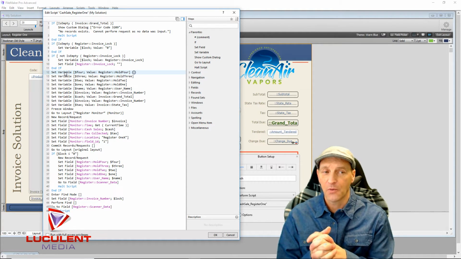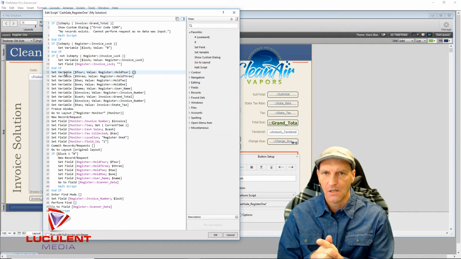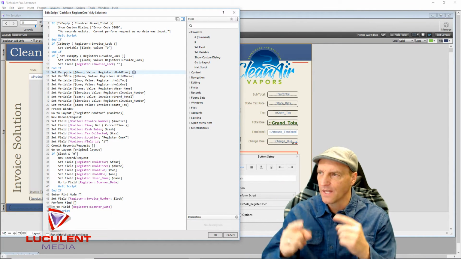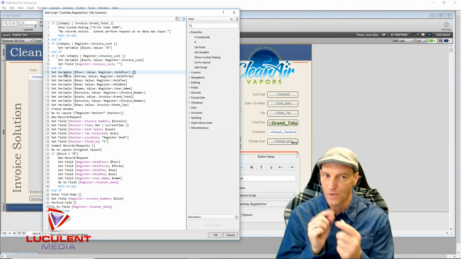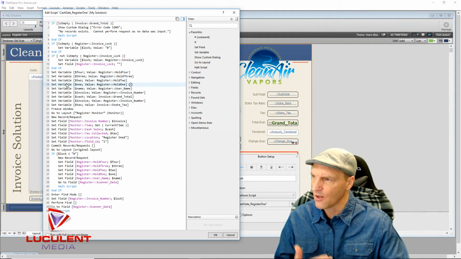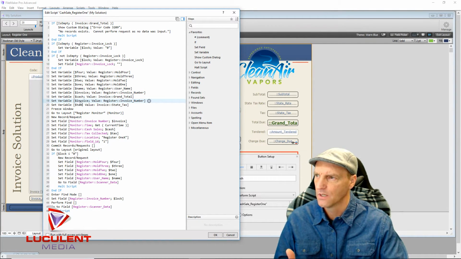But I thought if you put an if in there, like if it is empty, well, what if you cleared out the first one, but you didn't clear out the second one? So that's where I was kind of having some problems with the if in there. But we're going to set all those variables. And then we're going to set a bunch of other variables: invoice number, cash,